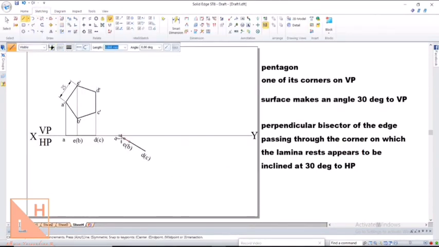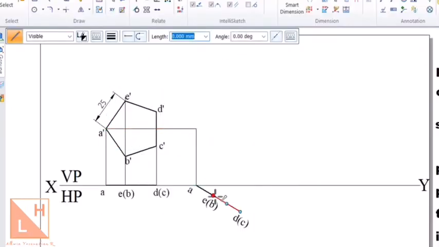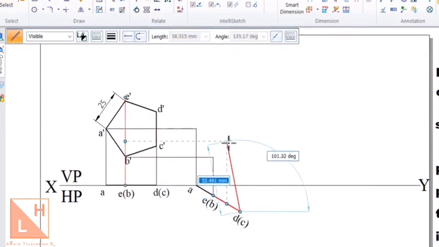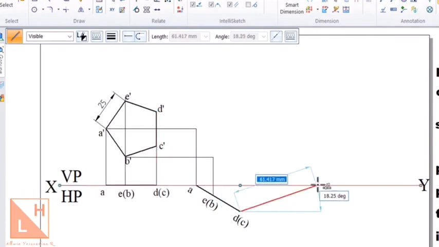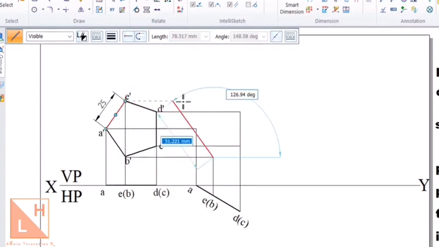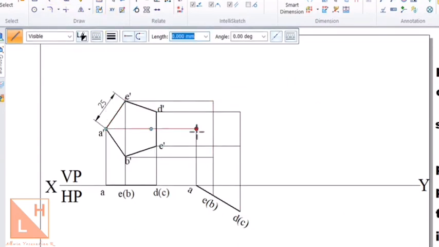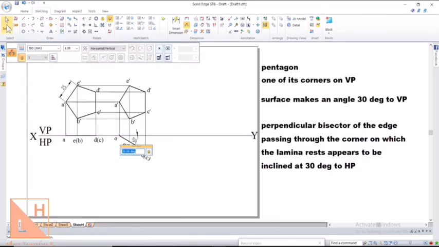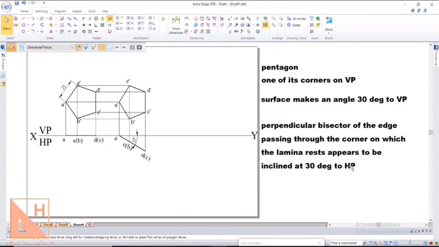You can complete the second position by drawing projection lines again. That completes the second position.